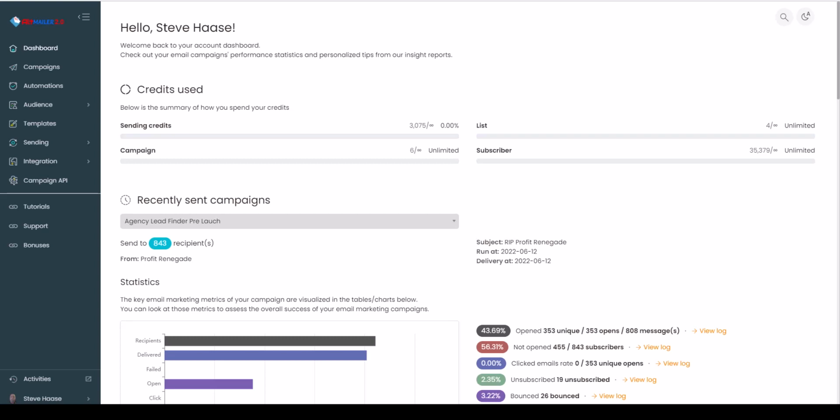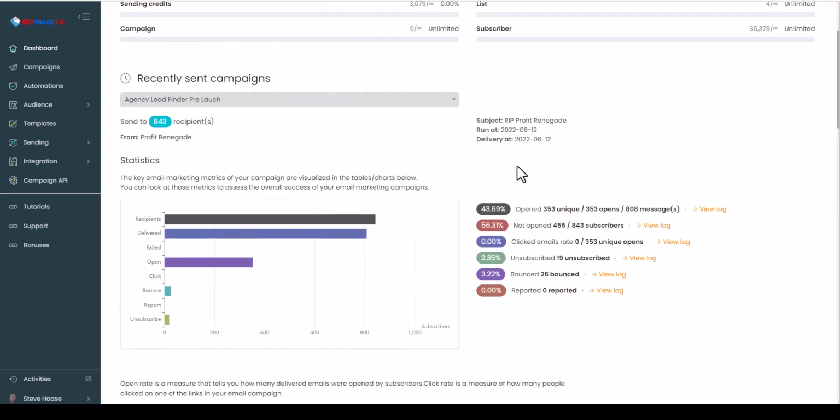This is going to be a walkthrough video to just give an overview of what the features and functions are inside of our email marketing platform. As you can see here, we're in the dashboard, and the dashboard gives you a lot of information right at your fingertips. Now you can drill down to a lot of these things, as you can see here, but it